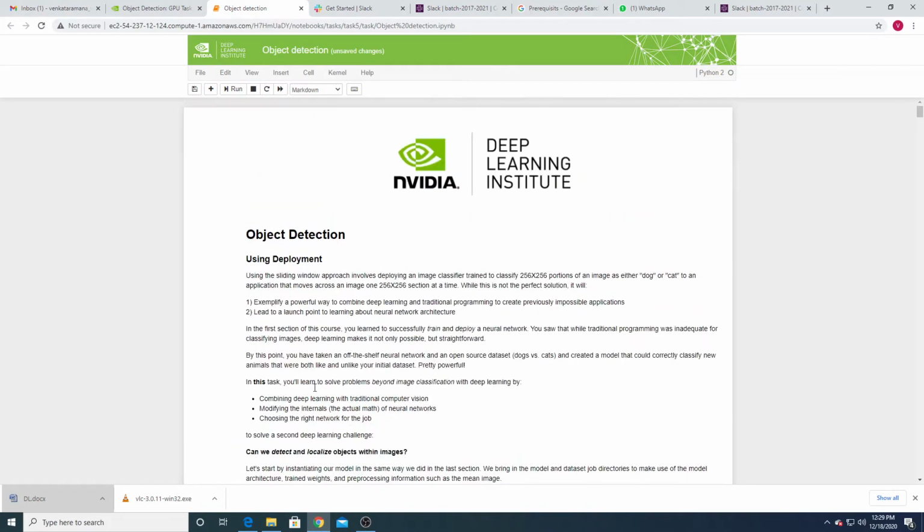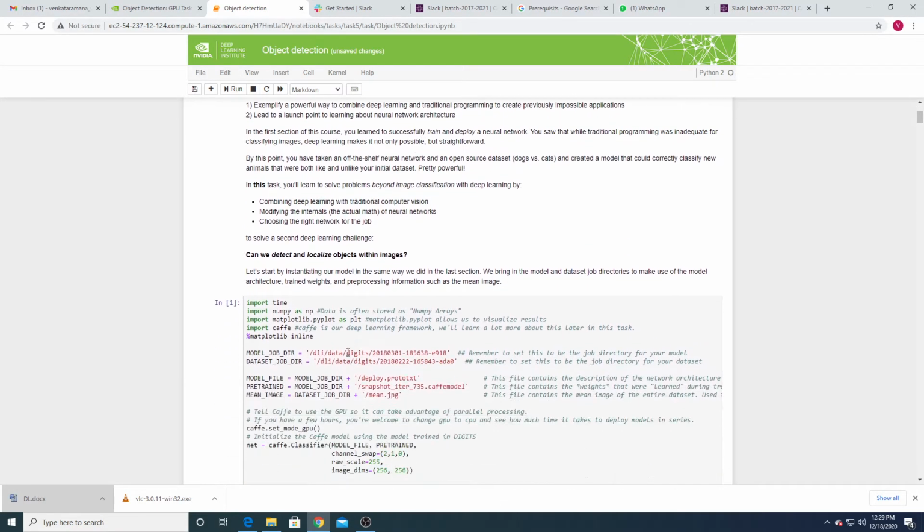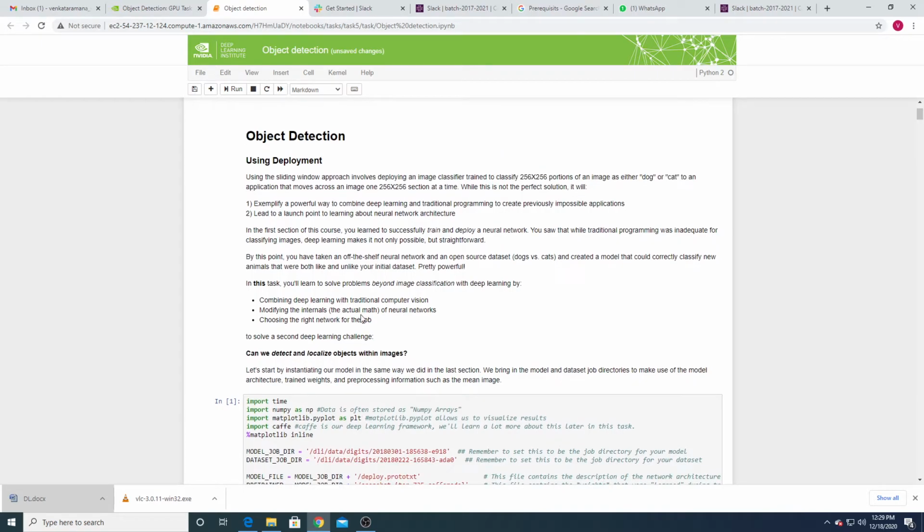Students, here are some Python scripts which show how we can do object detection using the sliding window technique. So first of all, what I am doing here is